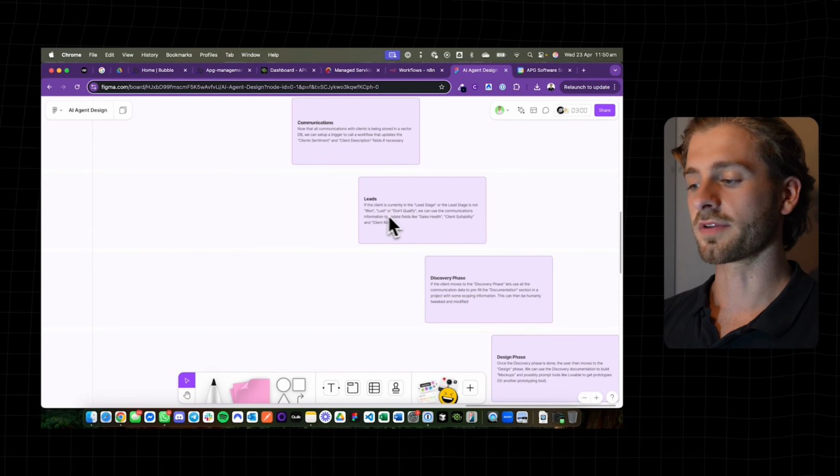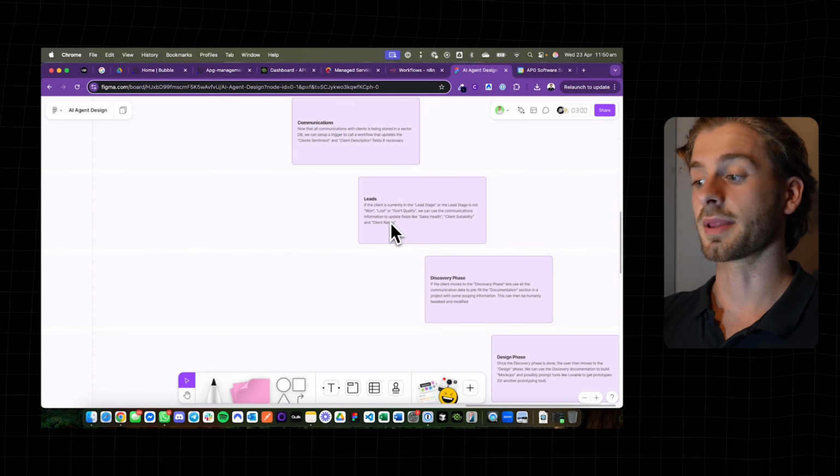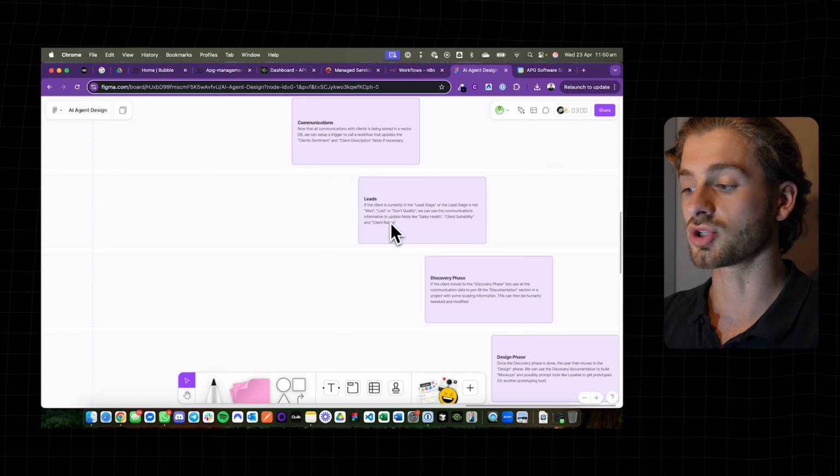We're going to use AI to track real metrics on our leads. So things like sales health, client suitability, and client rating, we're going to implement right now live on this system. So let's just jump straight into it. You can see on the board here, we've got the description: if the client is in the lead stage, let's use that to update the sales health,